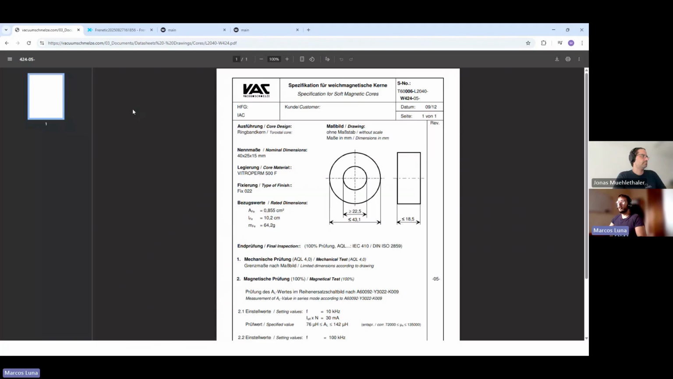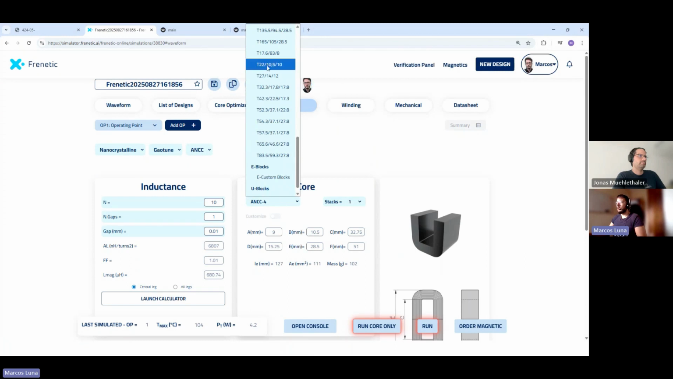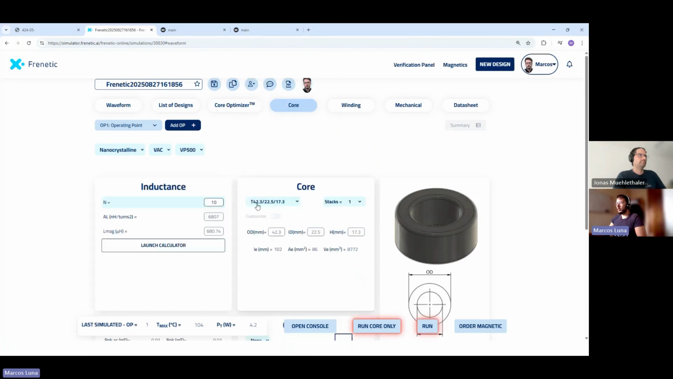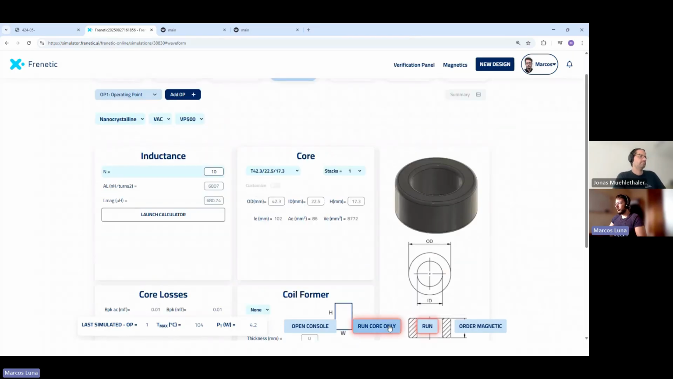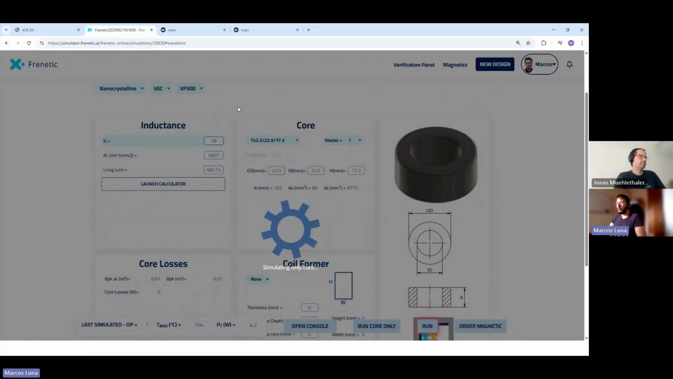Okay, so here we have the data of the core. It's almost 40 millimeters of outer diameter, if we also consider the isolation. So if we go here, we can choose the three. Okay, is this one, the 342.3, 22.3, and then if we click on run core only, what we will see